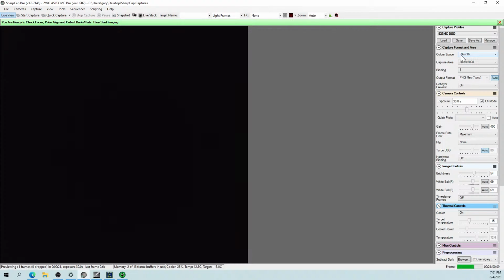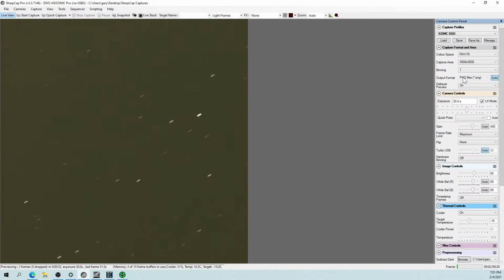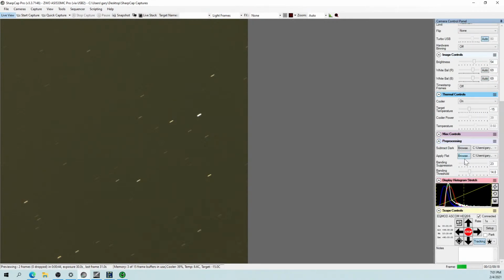It's set my color space. The one thing it hasn't done here that it should have done is set this output format to FITS images, and it's not done that. It doesn't really matter too much. I'll get to that in a minute. It's set my exposure and my gain, and if I come down here, I've got my mount controls, I've got my